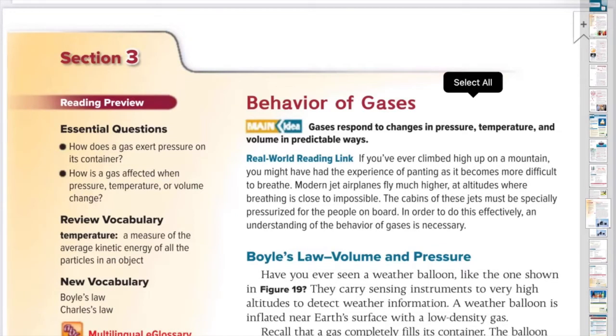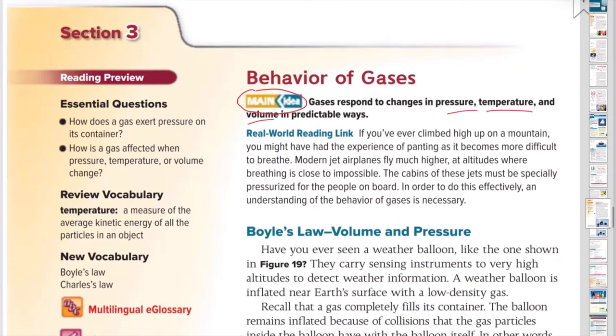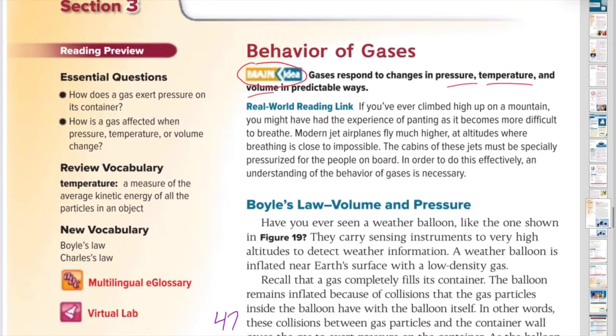Chapter 14, Section 3, Behavior of Gases. So, the main idea for this section is that gases respond to changes in pressure, temperature, and volume in predictable ways. So, the real-world reading link: if you've ever climbed high up on a mountain, you might have had the